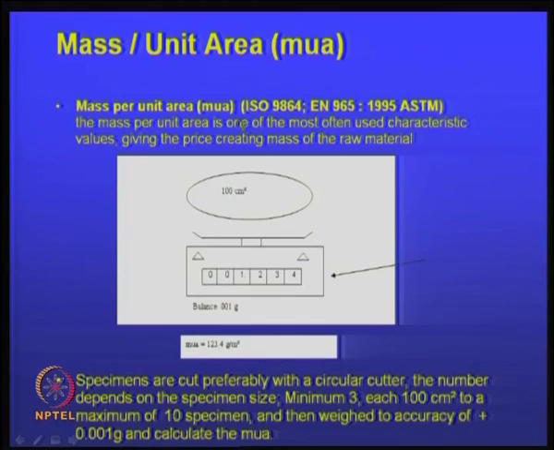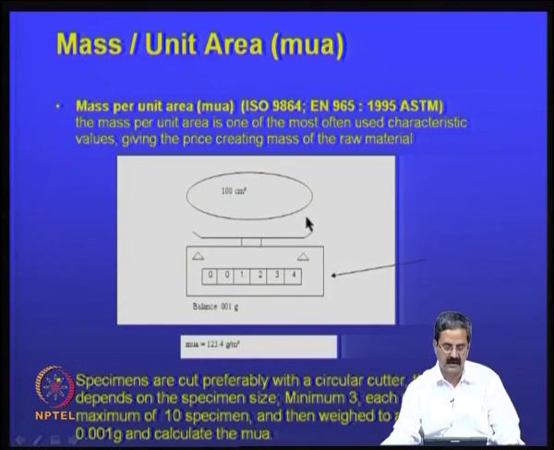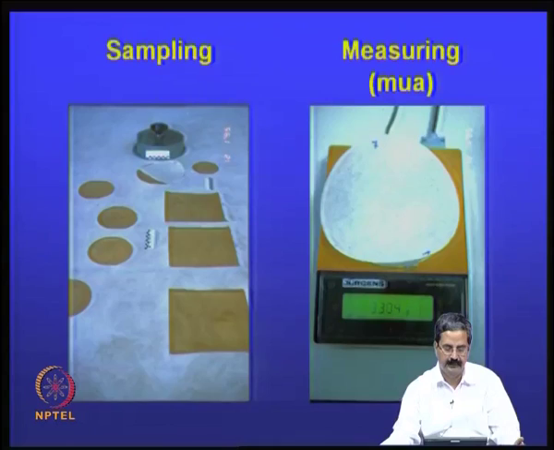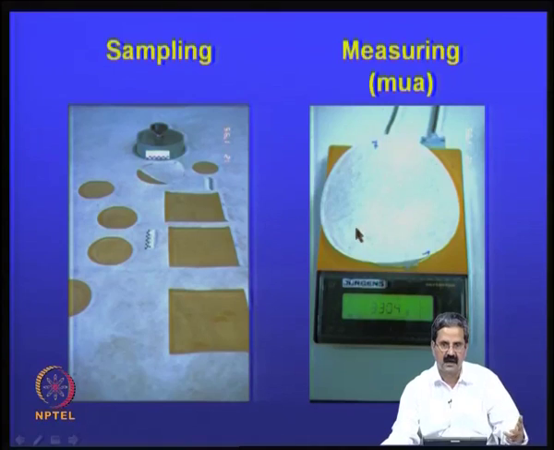We also need to know its mass per unit area, which is called MUA, and it is very important in applications again. You take a small circular piece of geosynthetic material and weigh it. As I just mentioned, the quality of paper and the quality of silk is also measured in terms of mass per unit area. This is how we do it, we take some samples and weigh them. It should be nicely cut, because there is a special cutter that should be used.